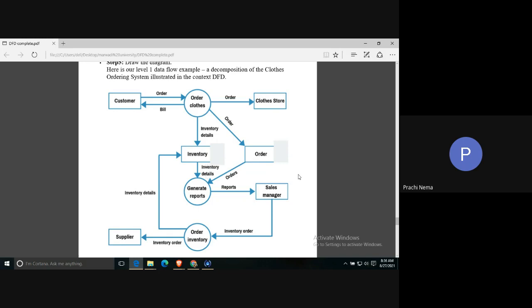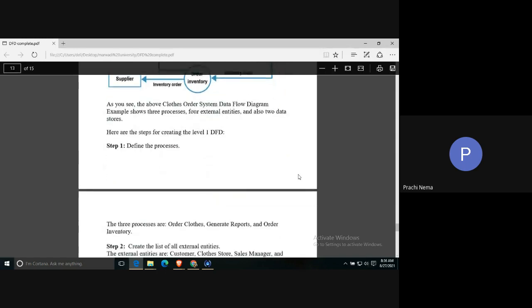So the flow of information is done and lastly a diagram can be drawn. So deciding all these one by one and then connecting them will ultimately lead you to your final DFD. So this is level 1 DFD. Okay. Depending upon the complexity, you can even increase the level, but it depends upon how complex or how many features your system has. This is an example of level 1 DFD.